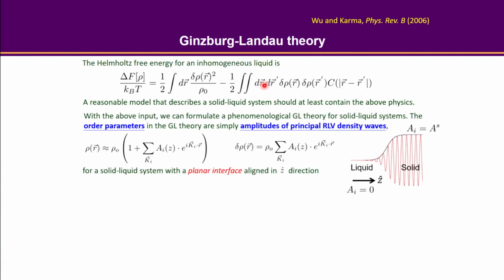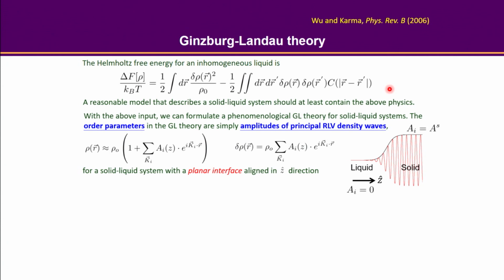So it's a double integral. We are summing over all kinds of possible distributions, and C is also a function of their distance, right? And C is basically how the local delta rho is correlated with others. So basically we are summing all kinds of energy contribution. Okay, so we are going to formulate a phenomenological Ginzburg-Landau theory particularly for the solid-liquid